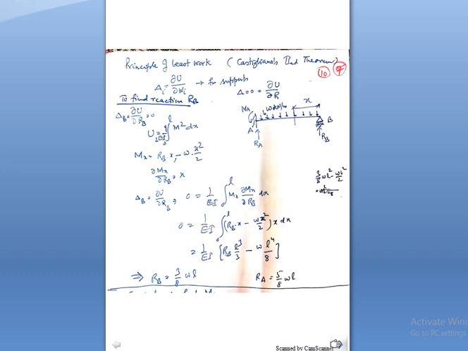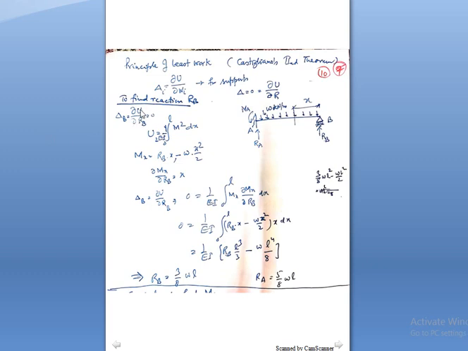This is another example. We want to find the reaction at B; this is another application of the strain energy method. The principle of least work is followed. See, at this point B, there is a support. It means the vertical deflection at this point is 0. Suppose for a moment we assume RB is the acting force. The derivative of the strain energy with respect to force must be the deflection at that point. But we already know that the deflection at this point is 0. Therefore we can put it as 0.